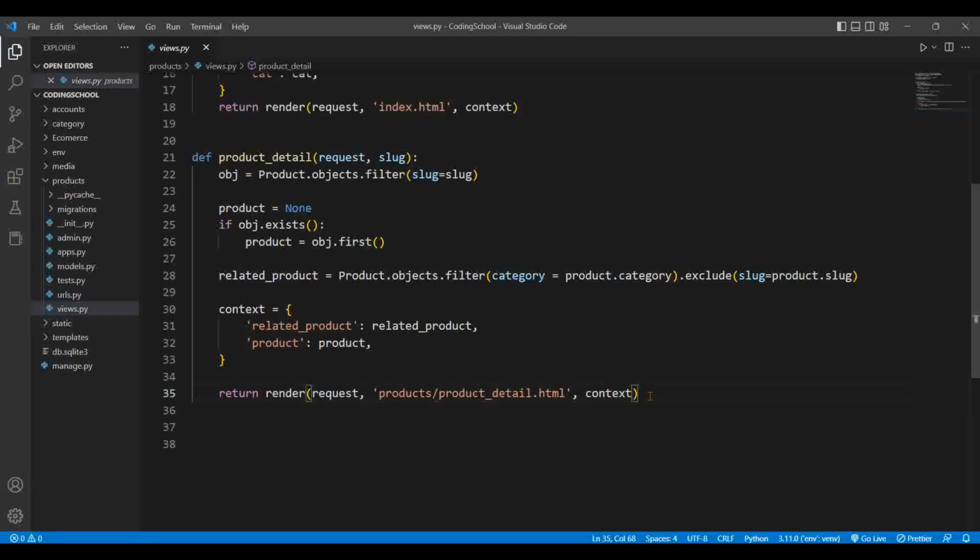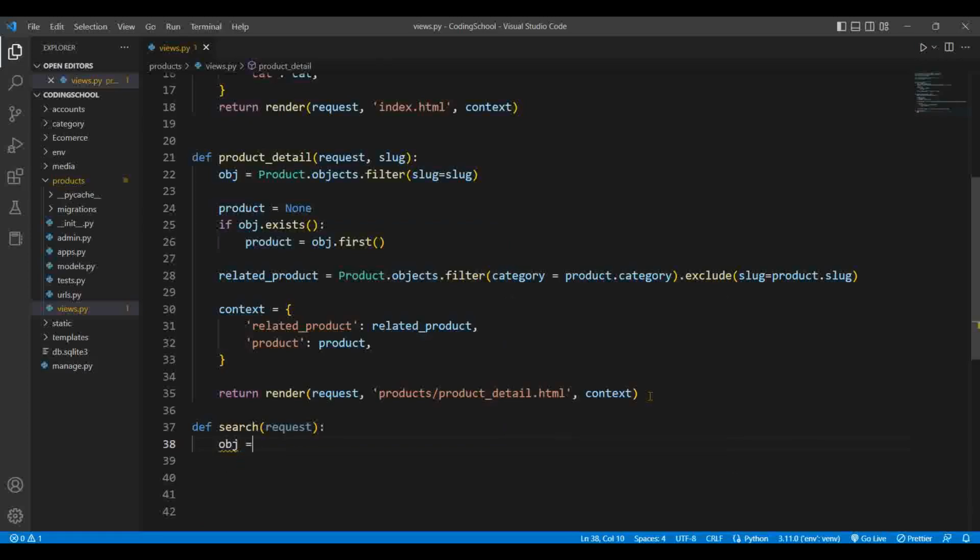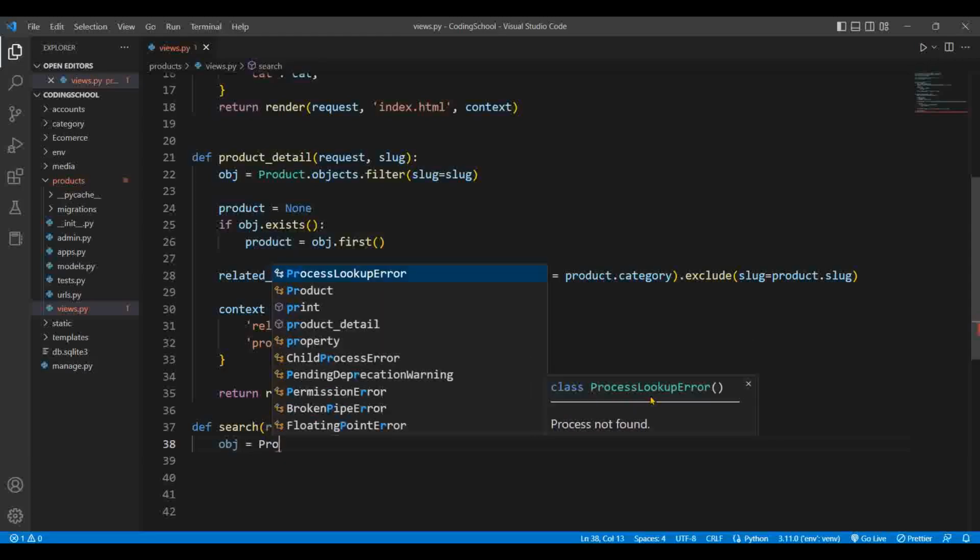We just make a simple search, def search, with the request. Now we need, let's say, objects or obj. Let's say obj is Product